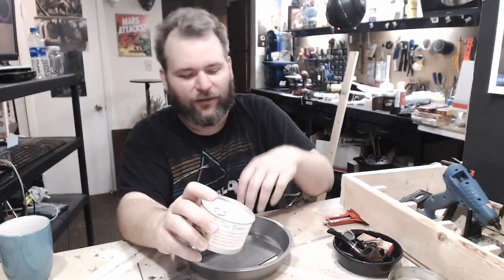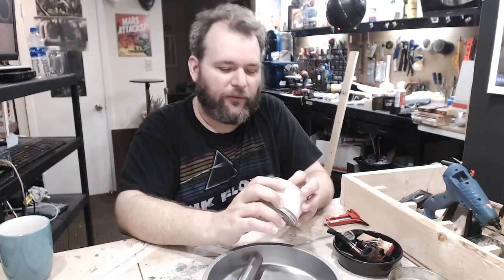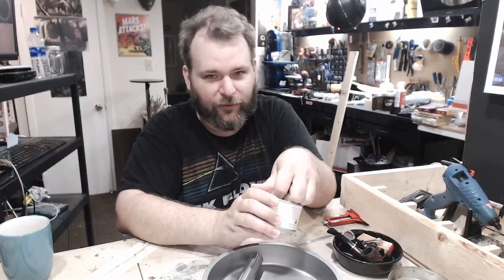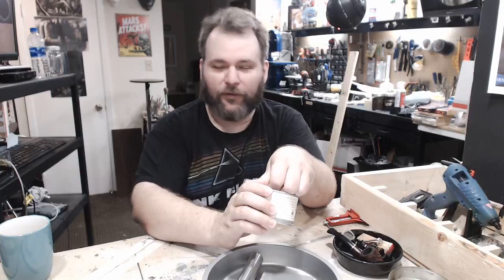So I think it's going to remain a mystery what whiskey that is. So anyway, I'm going to go ahead and pop this. We're going to get probably a nose full of that whiskey barrel